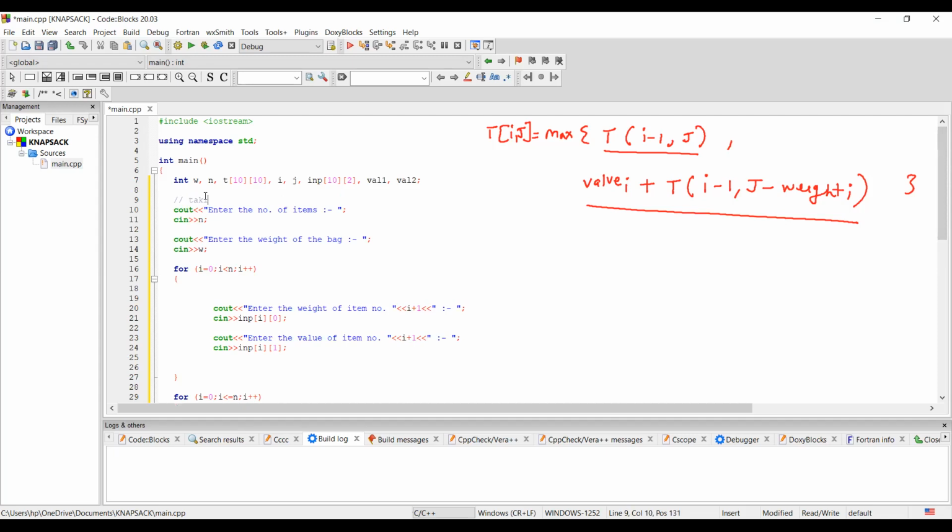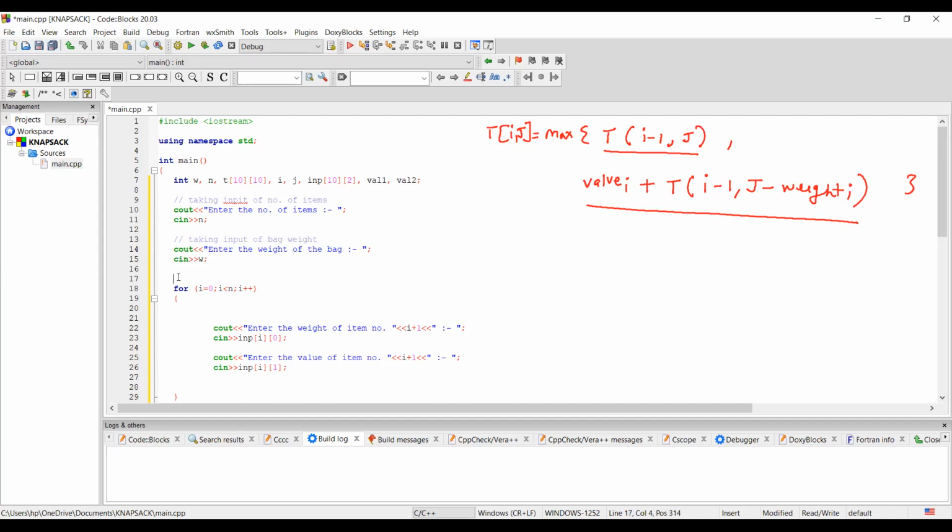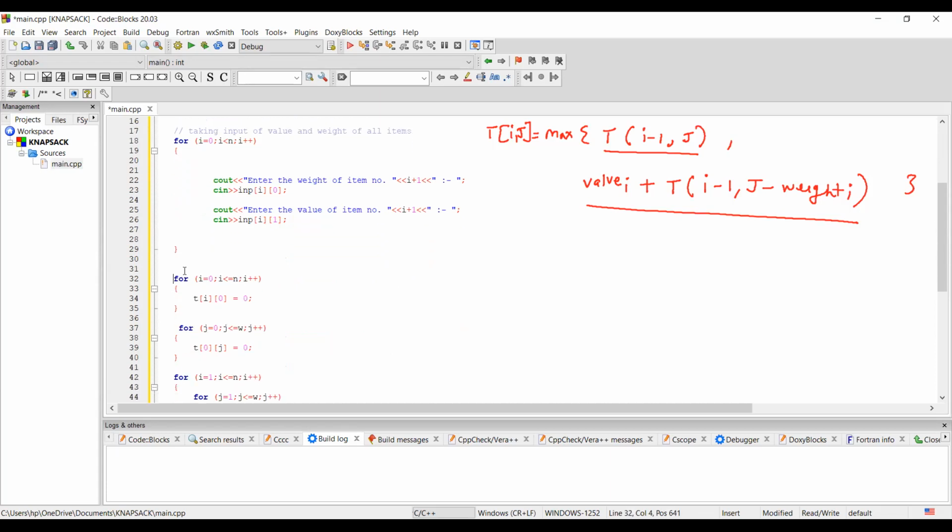This is taking input of number of items. यहाँ से आपको जो हम लोग कमेंट्स लिखने वाले हैं, अब इन कमेंट से क्लियर हो जाएगा कि कोड क्या कर रहा है। यहाँ पर हम किस चीज की इनपुट ले रहे हैं, टेकिंग इनपुट ऑफ बैग वेट। यहाँ पर हम लोग बैग के वेट का इनपुट ले रहे हैं। तो यहाँ पर हम लोग किस चीज का इनपुट ले रहे हैं, टेकिंग इनपुट ऑफ वैल्यू एंड वेट ऑफ ऑल आइटम्स, तो हमने ये भी अचीव कर लिया है।